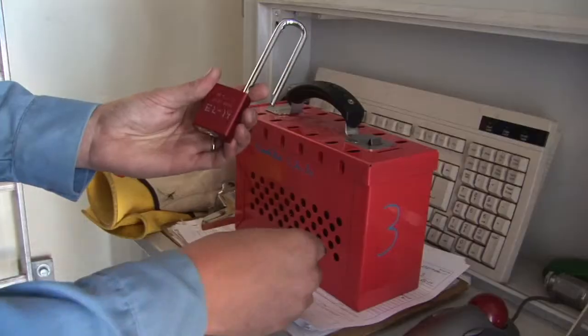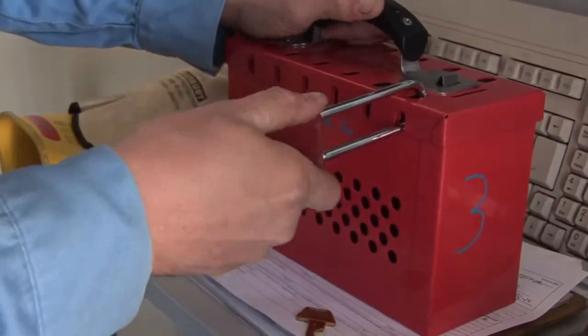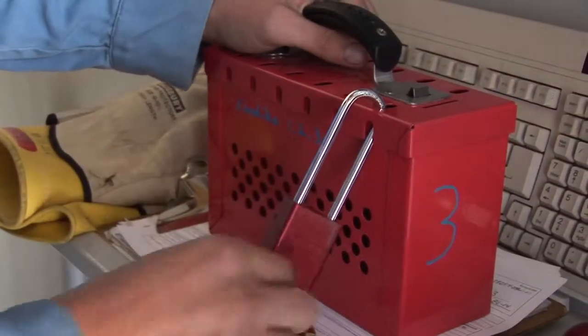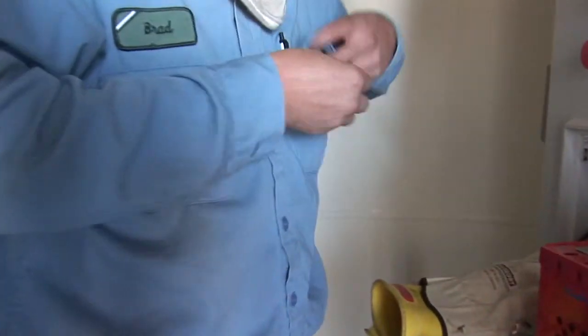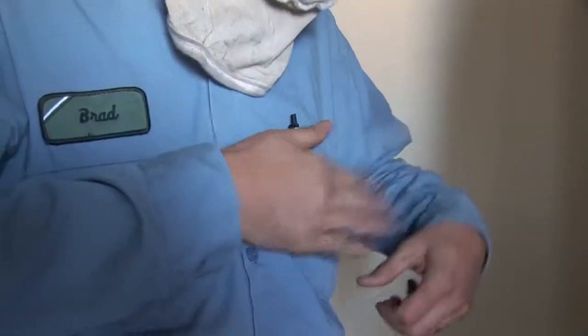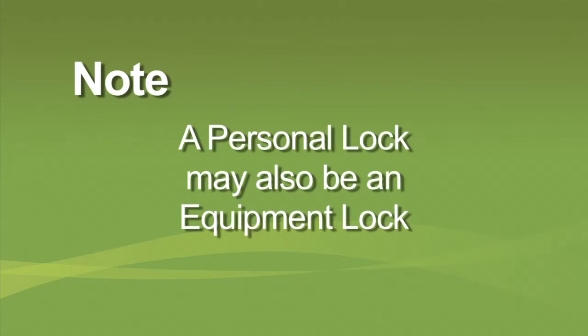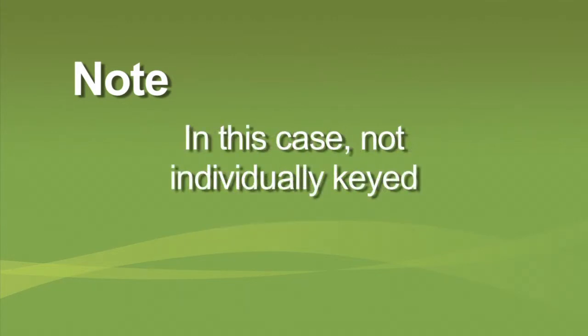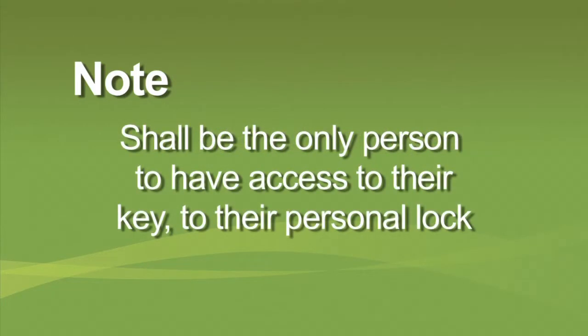Personal locks may only be applied or removed by the affected employee who is assigned that personal lock under normal conditions. Only the affected employee who the personal lock is assigned to may possess a key for that personal lock. It should be noted that during application of a simple LOTO, a personal lock may also be an equipment lock, and in this case, it may not be individually keyed. It should be noted that the affected employee shall be the only person who has access to the keys to